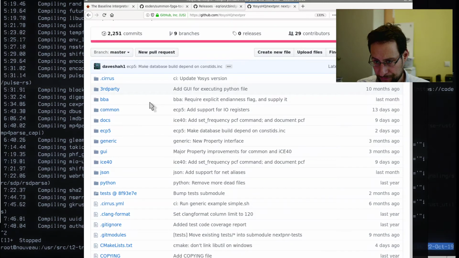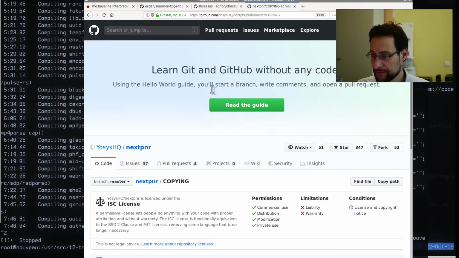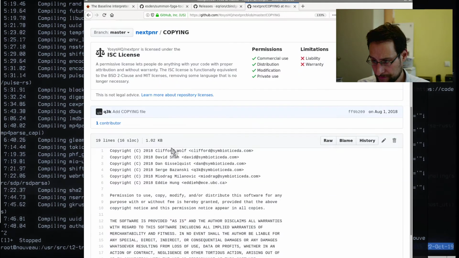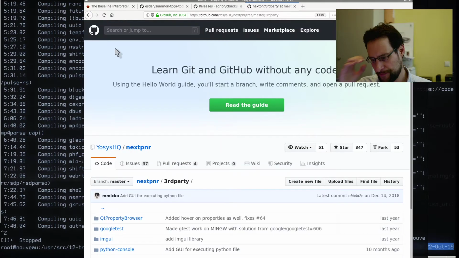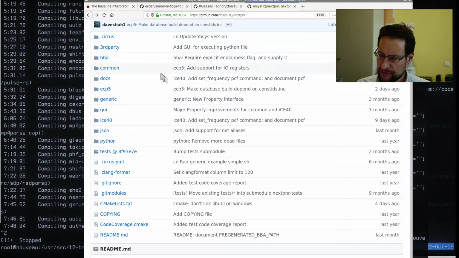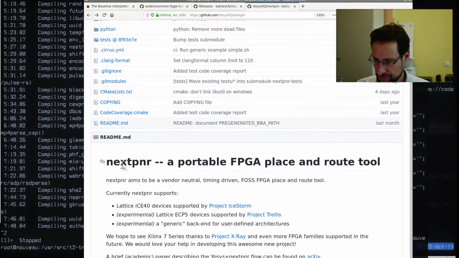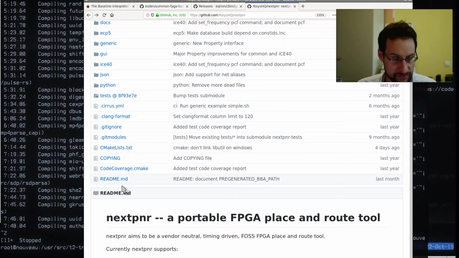Okay, third party. The problem is this is also from Clifford Wolf, or at least Yosys headquarters, Clifford Wolf and team. The problem is I see already here third party, so I had the same problem with Yosys, that I packaged there some third party checkout thing and it still didn't build because Yosys needed some very specific